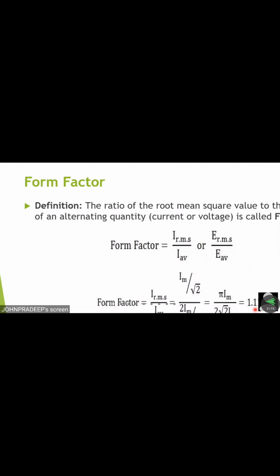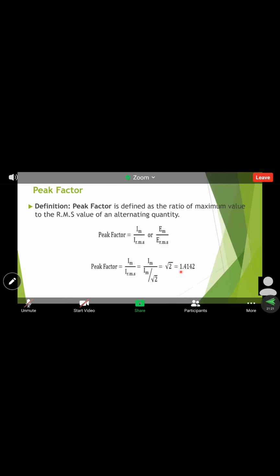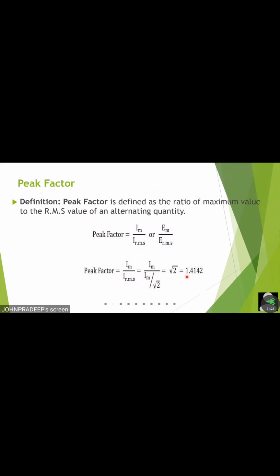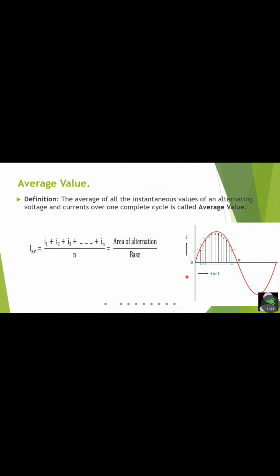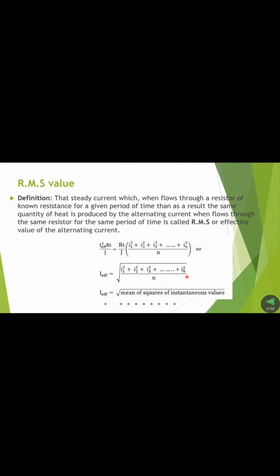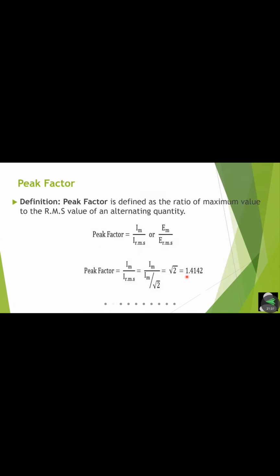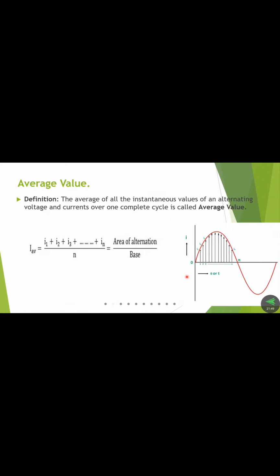So form factor is 1.11, and peak factor is 1.4142. Most of the problems in this chapter are related to determining average value, RMS value, peak factor and form factor. This type of problem may be asked in the examination, but in most cases we expect these questions for definitions only. Right? So first, average value is important. Next